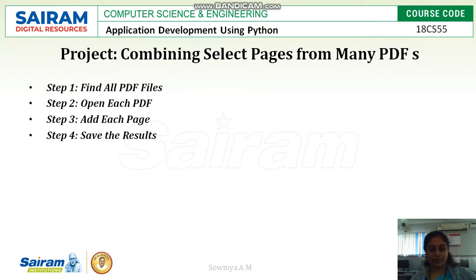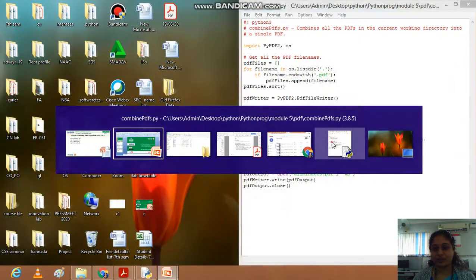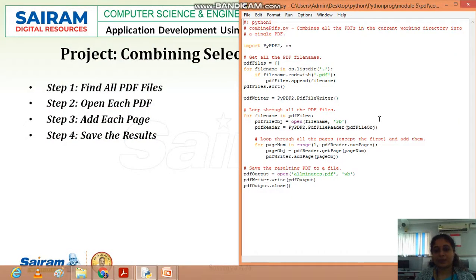So if we go for execution of the program, here is our program where we'll see the explanation. First we will import the PyPDF2 module and the os module for listing the directories.